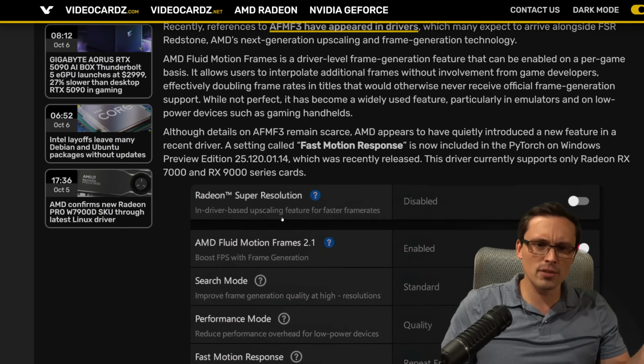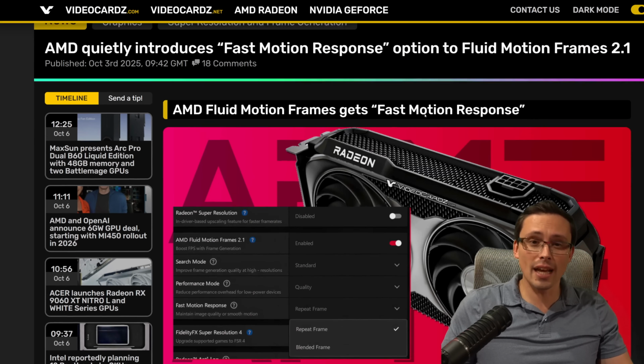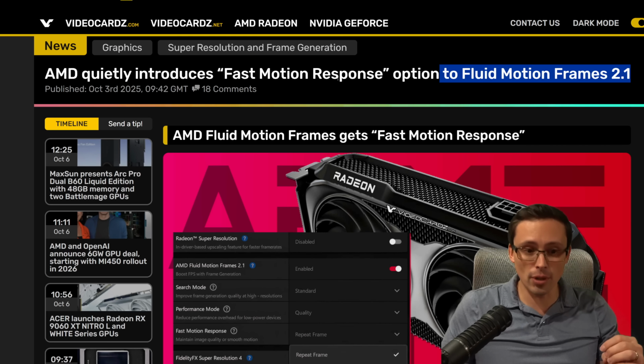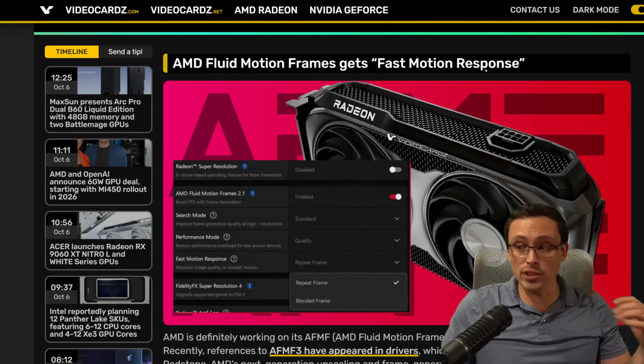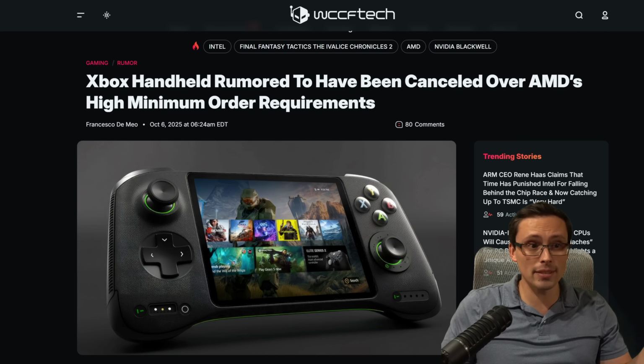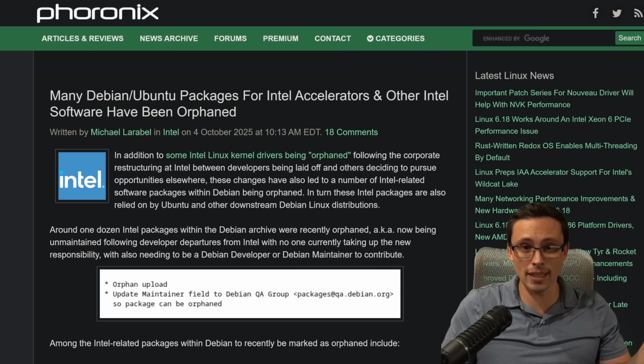And this actually comes from a different topic, which is AFMF 2.1, which is available in a certain preview driver and brings its own update, which is not AFMF 3, but is also still a good update for AFMF. We have lots of other topics to talk about today, and as always, I'll try to timestamp things in the